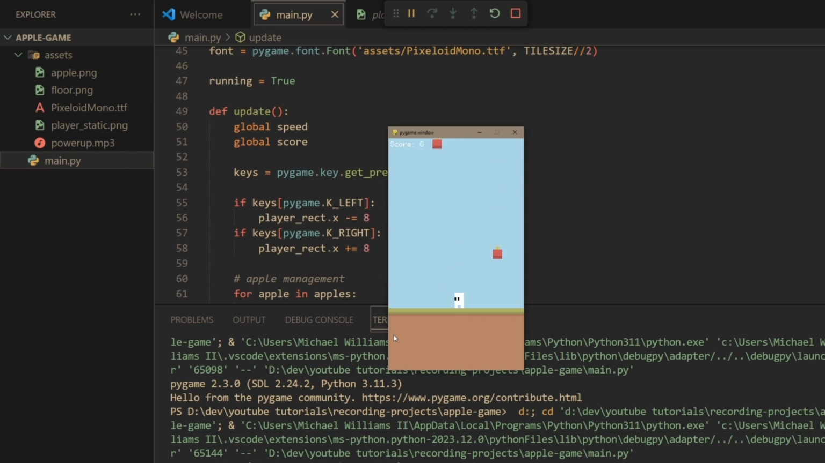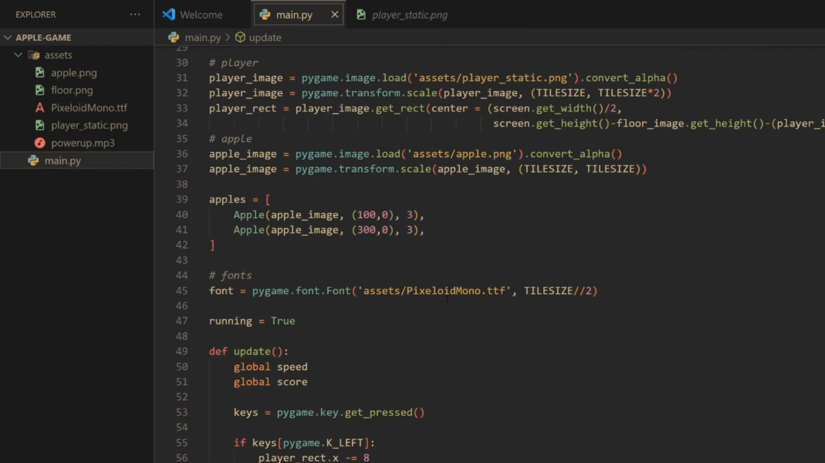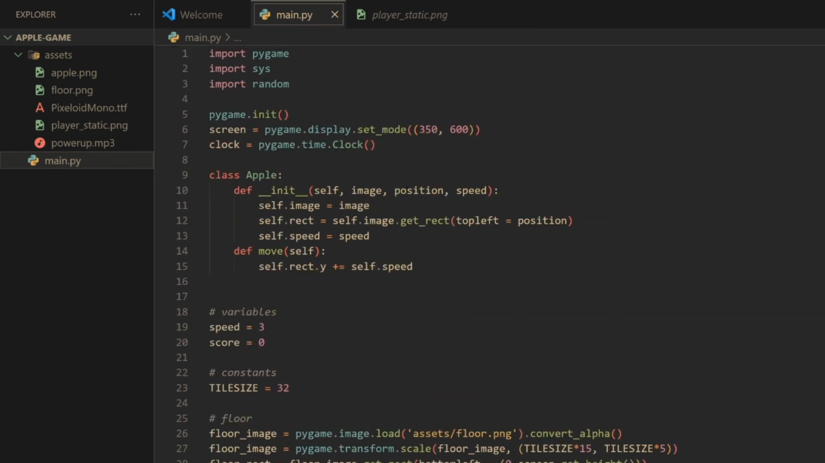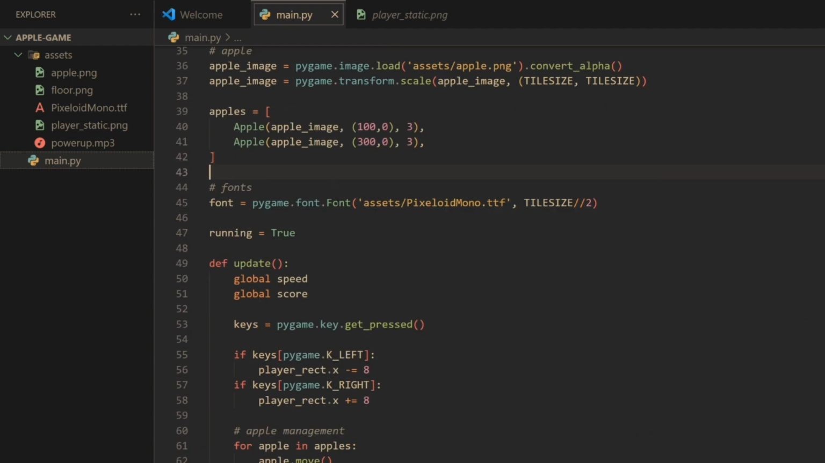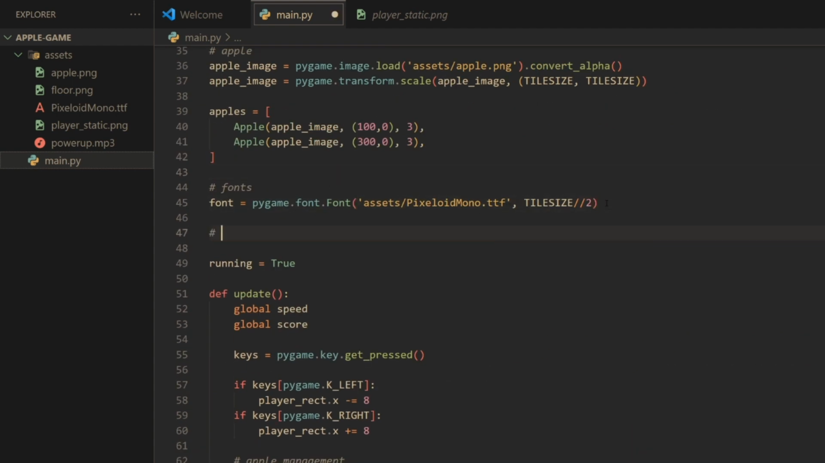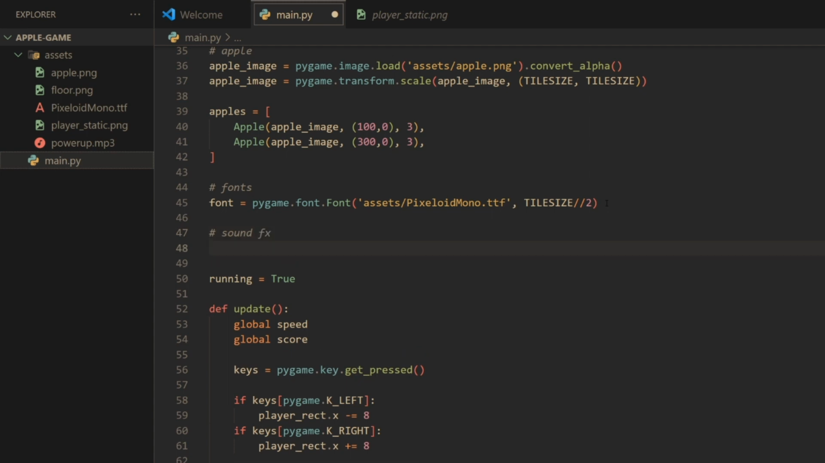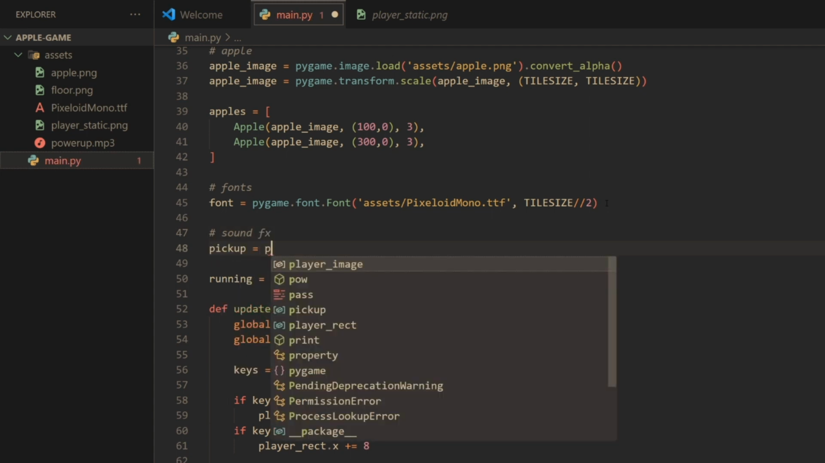And that's pretty much most of the game. The last thing to do is just to add the sound effects. So let's exit out, and we will add our sound effects. Pretty easy stuff to do. All we have to do is just create a new sound. So let's go down here and let's do sound effects. And what we'll do here is, I guess, pickup equals